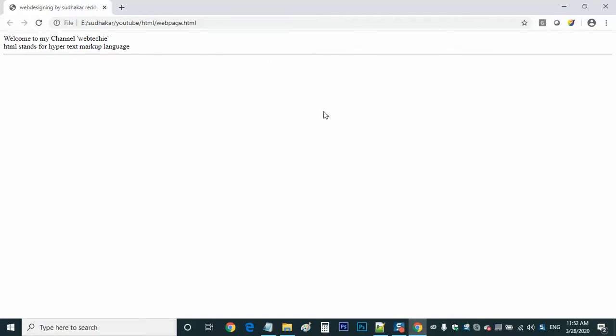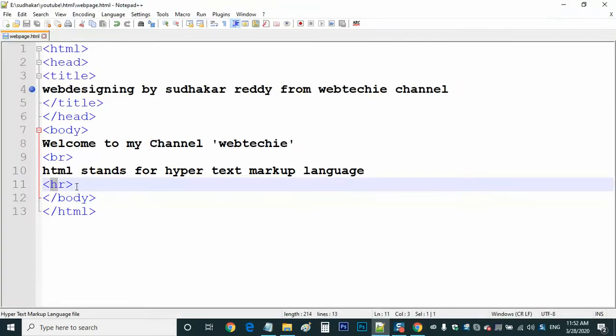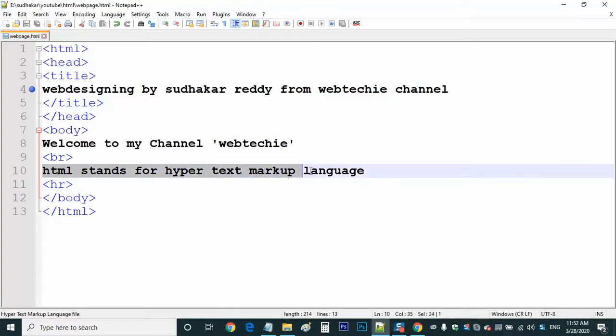So this is how we can prepare our web pages. We need to learn different types of tags. What we are doing here is learning the different tags. We are learning what is a break tag, what is an HR tag. So HTML is full of tags, and every tag has its own identity and functionality. Now this HR tag is placed after this hypertext markup language.